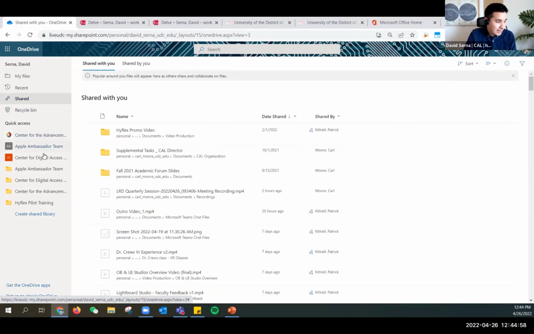And then you'll see some quick access folders and groups. I'm in the Center for the Advancement of Learning. There's also an Apple Ambassador team, Center for Digital Access and Learning, different folders and groups right here on the side. Last but not least, if you go to the upper left corner, click on this grid icon,